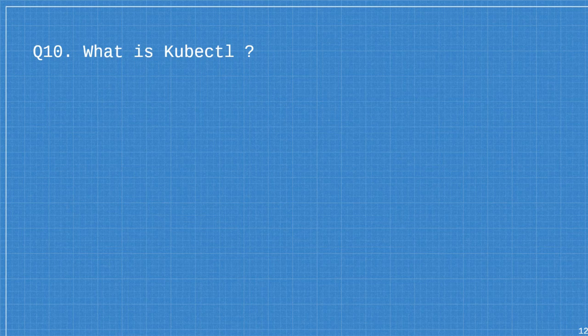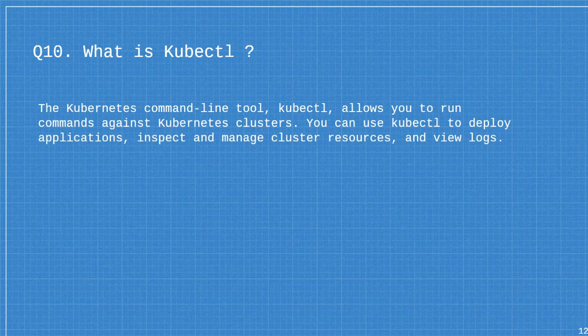So we have kubectl. It is the Kubernetes command line tool which allows us to run Kubernetes commands in the Kubernetes cluster, and we can manage the resources, deploy the Kubernetes objects, delete them, whatever we want to do. We can fully talk with the Kubernetes API server to get the job done, whatever we require.